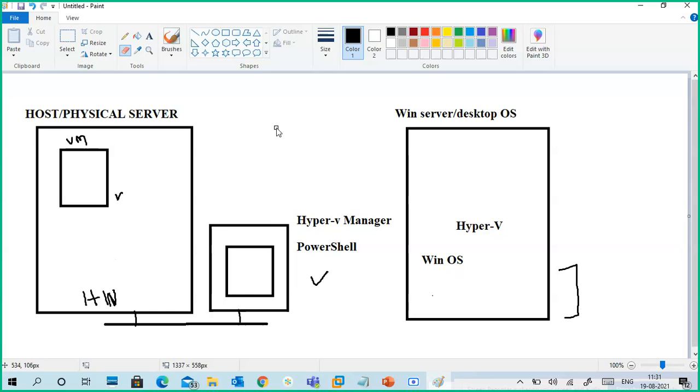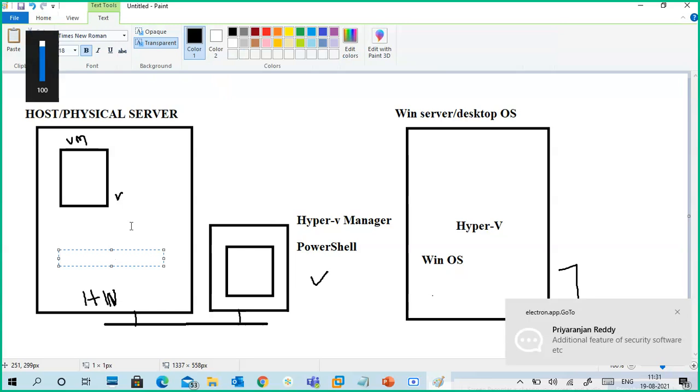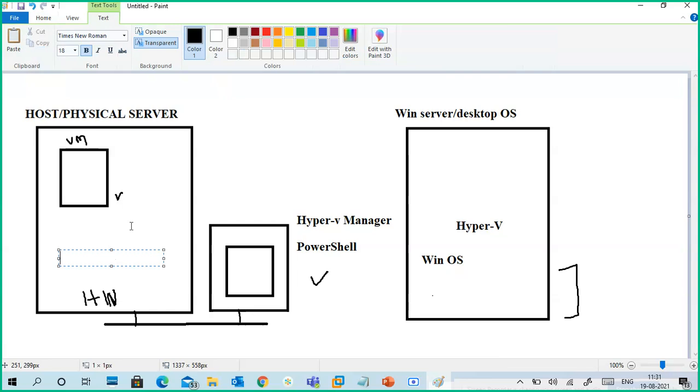You installed Windows server, right? For which purpose? Last time. DHCP, AD. Very good. DHCP, DNS, additional features of security and software extra.